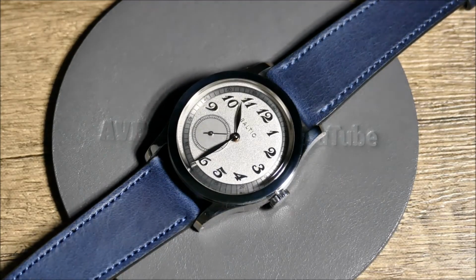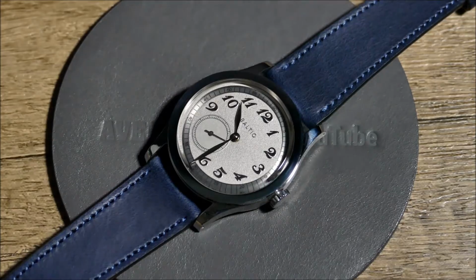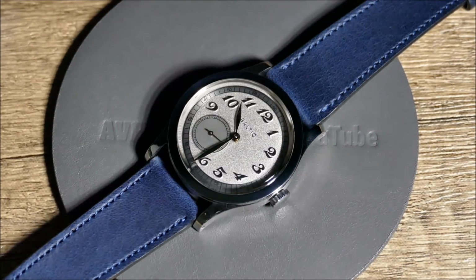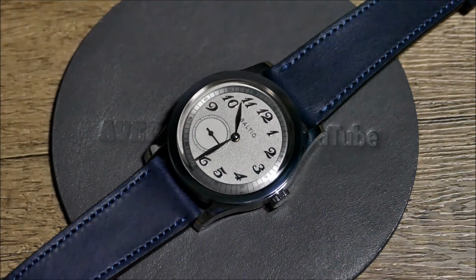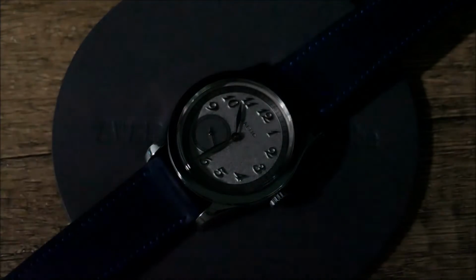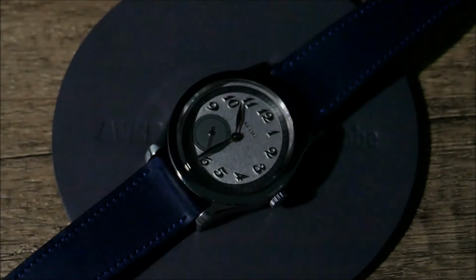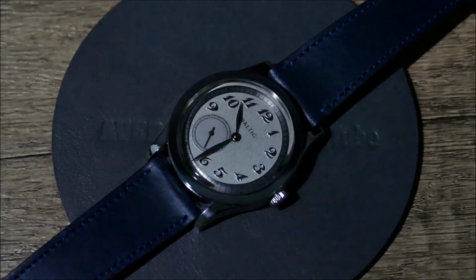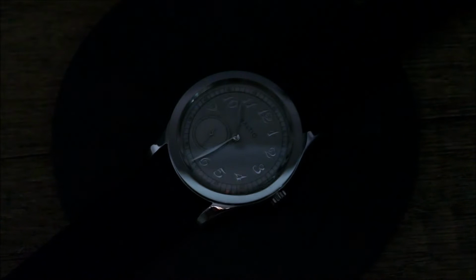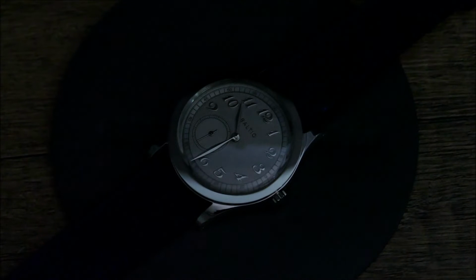But you can see here the polish. The only thing that's wrong with it is the oils from my fingertips, and that beautiful brushing is handling the light and playing with it quite uniformly. But one thing you really do get to enjoy is this dial, and look at the contrast. You would think a silver on silver, a high polished indice and handset dial, would not be this legible, right? Because it's all a similar color play, but you can see, because of the texture, because of the